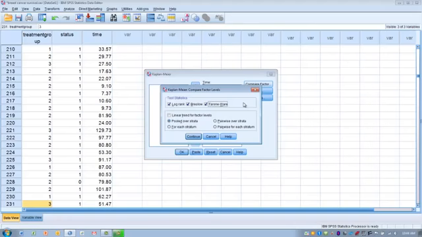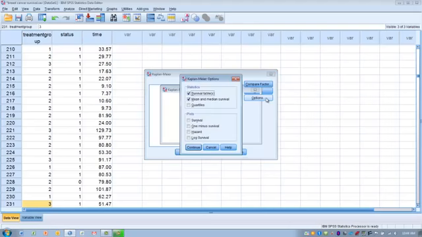So we can use these three tests together to kind of get a sense for, are there differences among our groups on the curves, and if there are, where are those differences? Are they early on, are they in the middle, or are they later on? Okay, so once we get that done, we click continue,